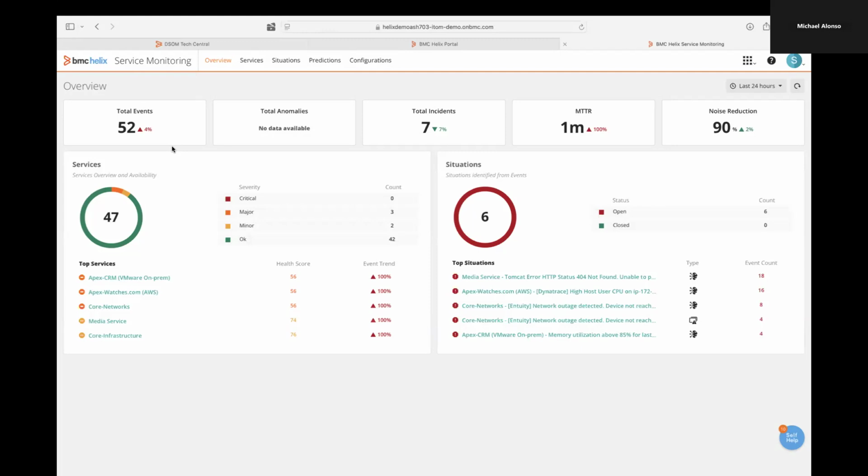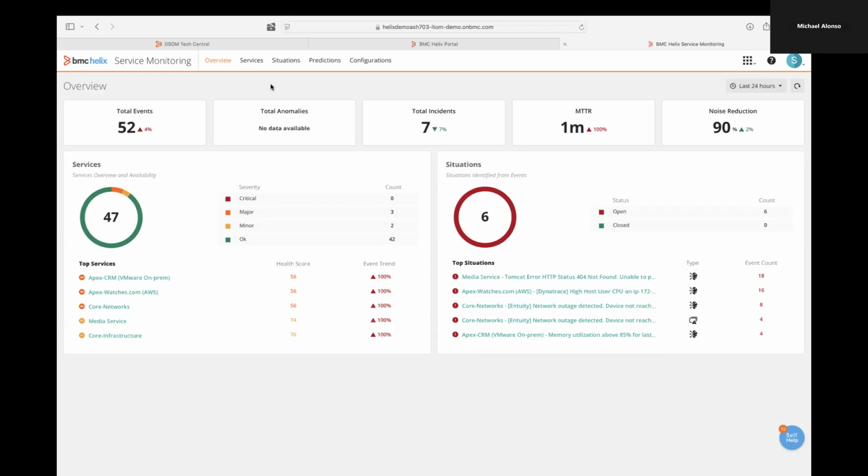And we can drill down upon those. On the right-hand side, situations. These are essentially, you can call them problems in my environment. These are the problems within the services that are causing the services to have a not normal view here. So when we start drilling down, we can look at these in different manners.